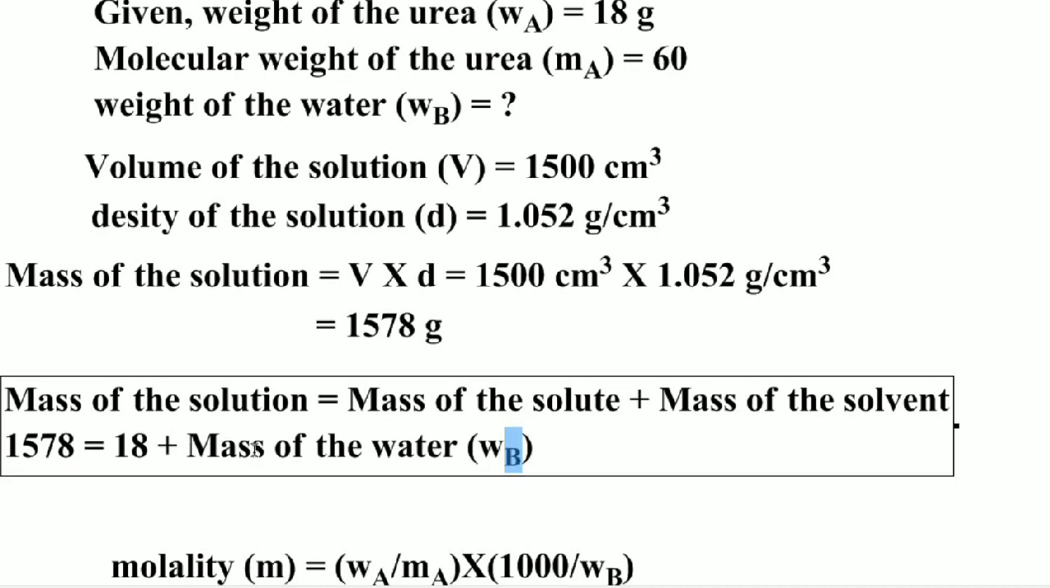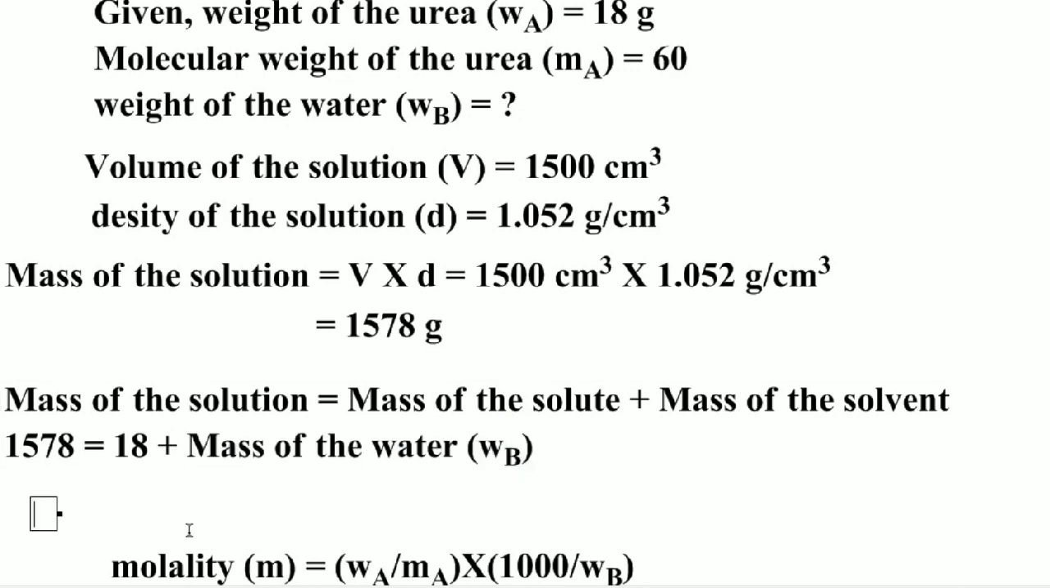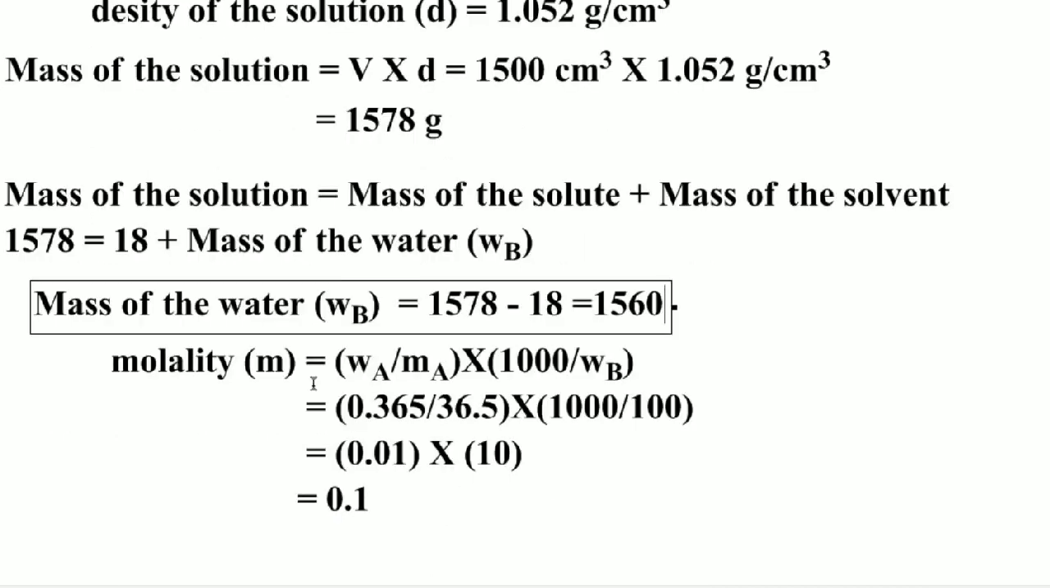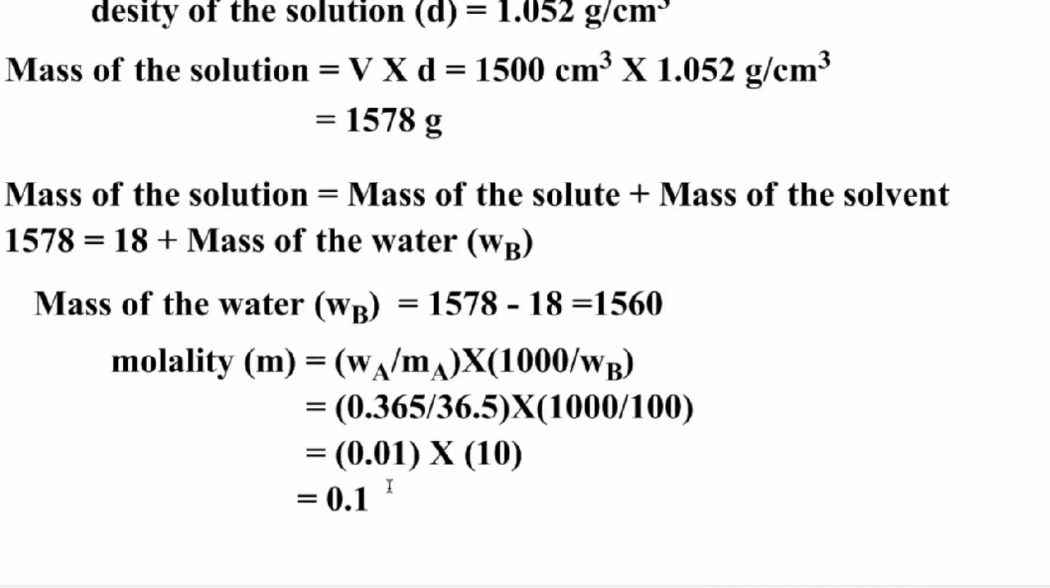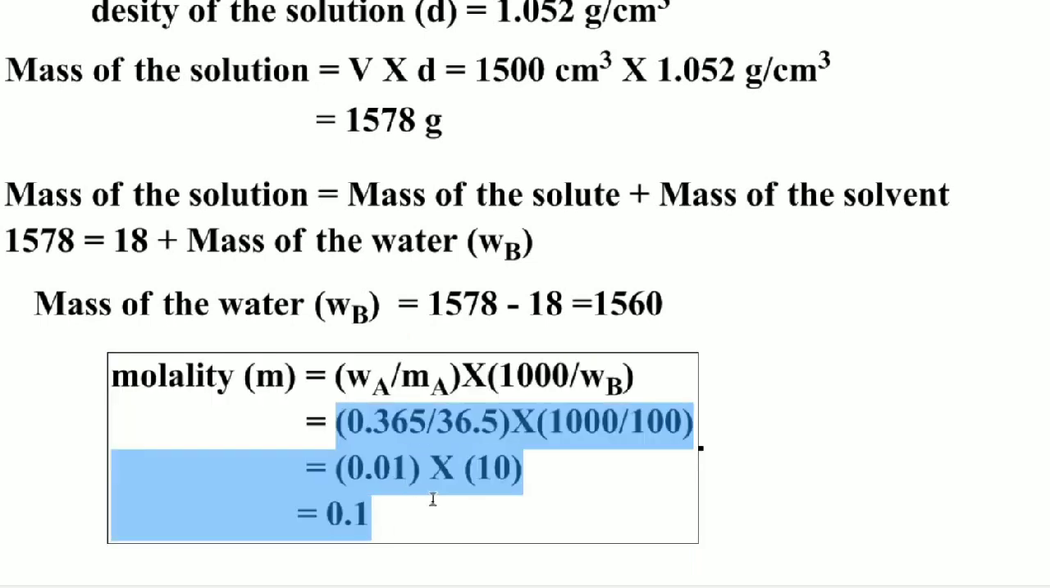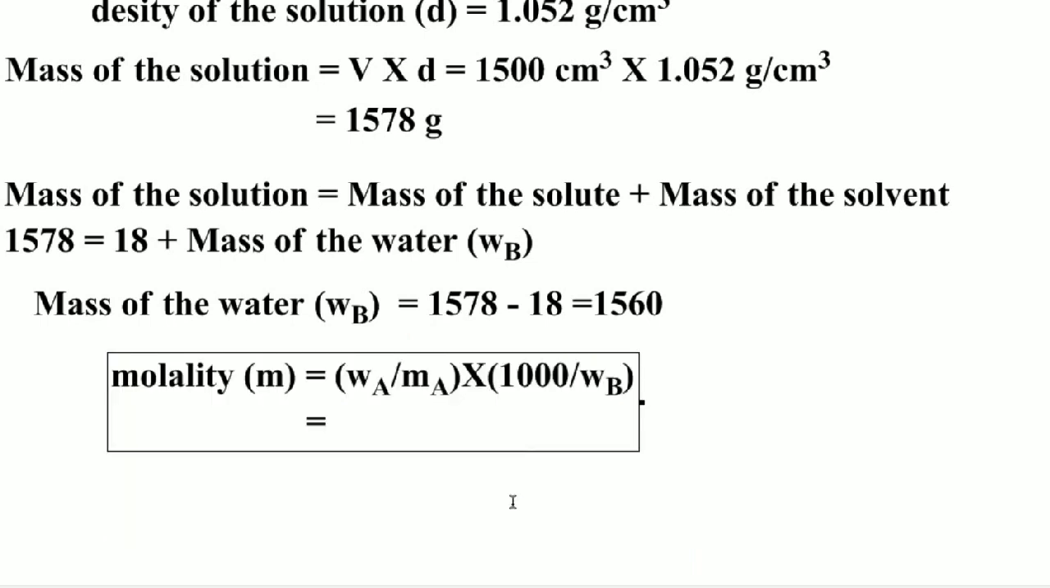Therefore, the mass of the water WB is equal to 1578 minus 18, that equals 1560 grams. So we know the mass of the water. Then finally, we can substitute in our molality formula. Molality is equal to weight of the urea by molecular weight of the urea into 1000 by WB. Given weight of the urea as 18 and molecular mass of urea as 60, into 1000